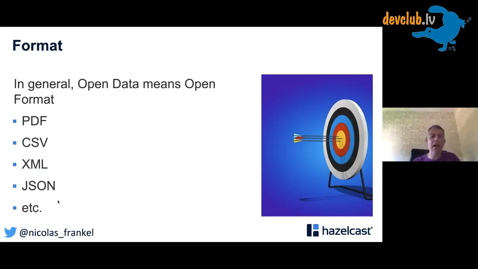Again, I would infer that open data means open formats, but you can find Microsoft Word, you can find Excel files. If you are lucky, you will find PDF. Good luck with parsing the PDF to find the data. It's really fun. And of course, there are better formats, such as CSV, XML, or JSON, but basically it's the Wild West. The standards.